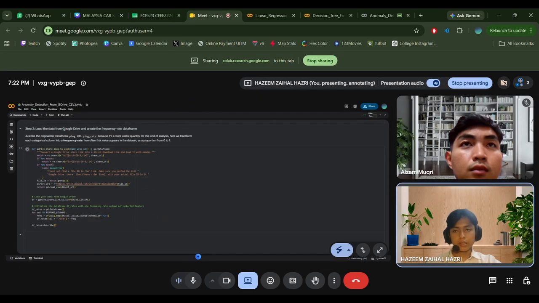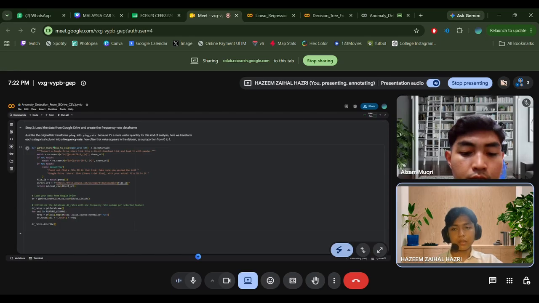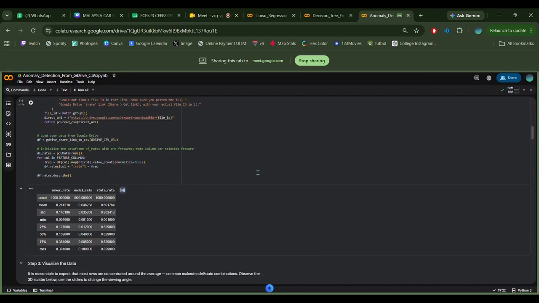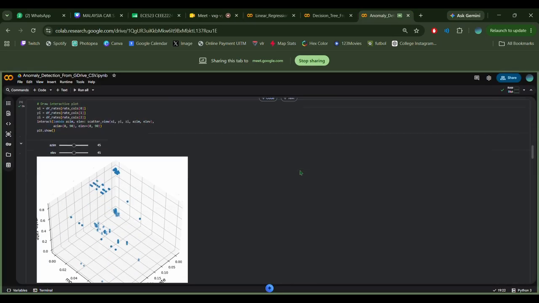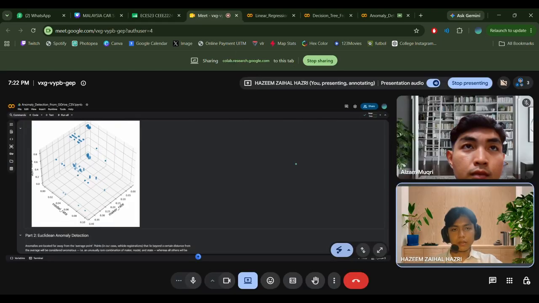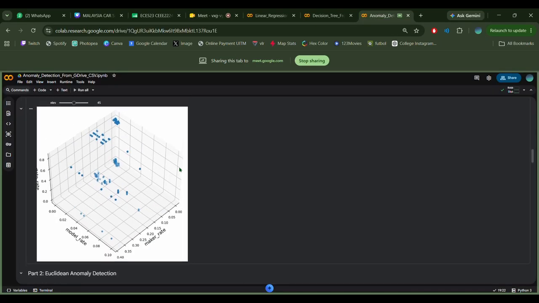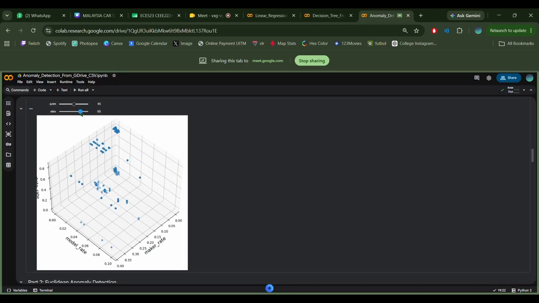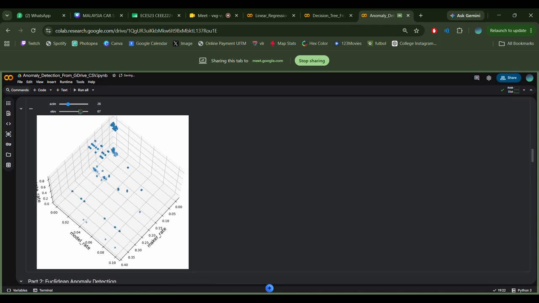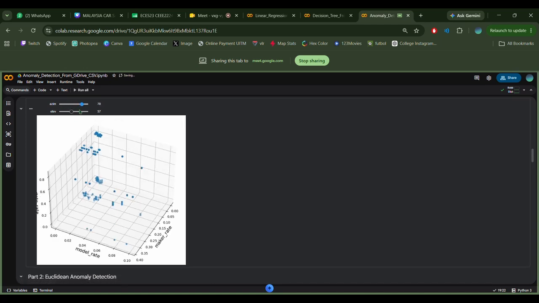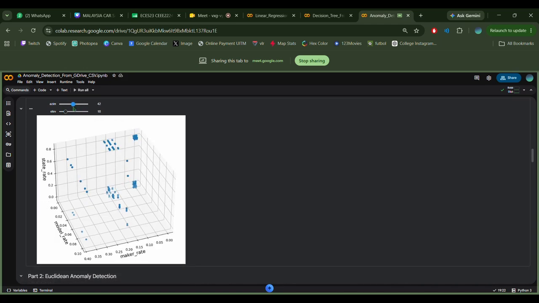After importing the libraries from Python, it will get the data and create a frequency rate data frame. Here is the frequency rate data frame, and then it's going to visualize the data. As you can see, I can control it from Google to see in any direction.